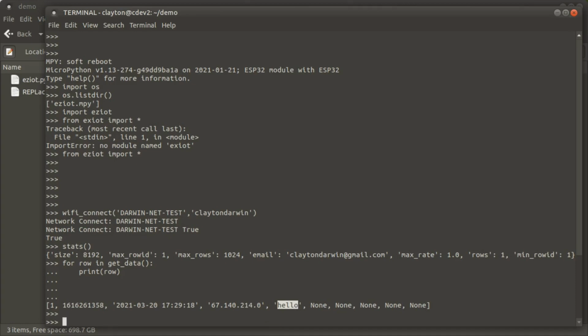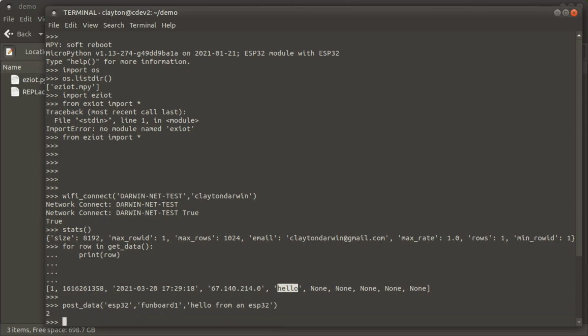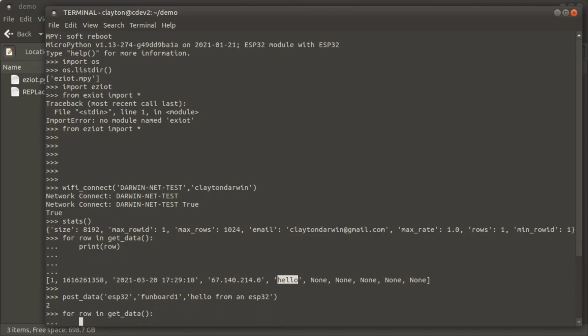Okay, so now we can add data. Let's say we're going to use a group, so maybe our group is ESP32, and maybe we're using Funboard 1, and let's say hello from an ESP32. So it's posting it, should give us row ID 2. So if we do this,